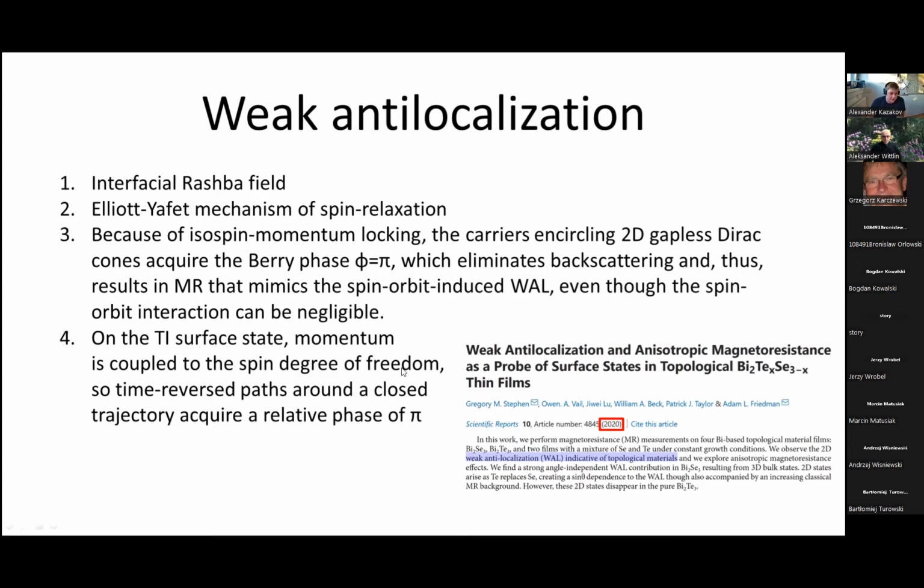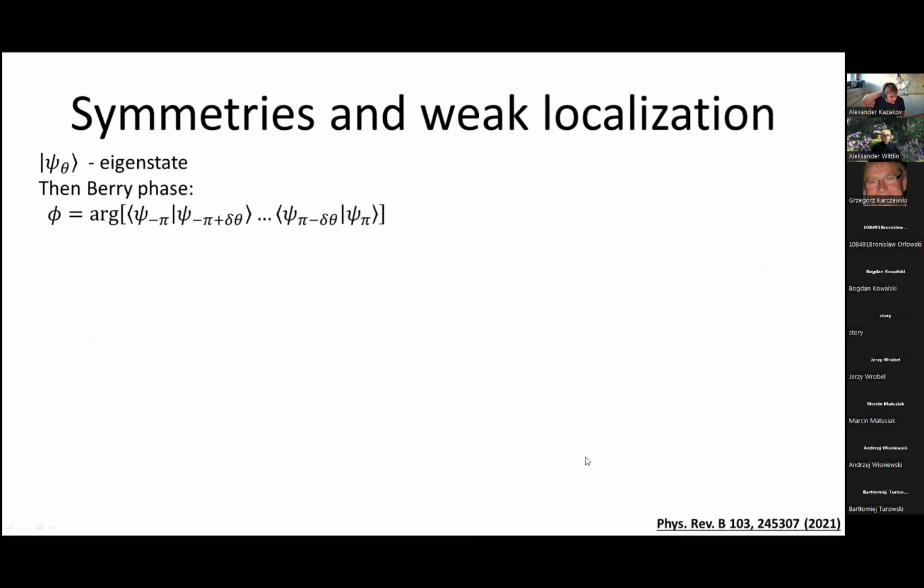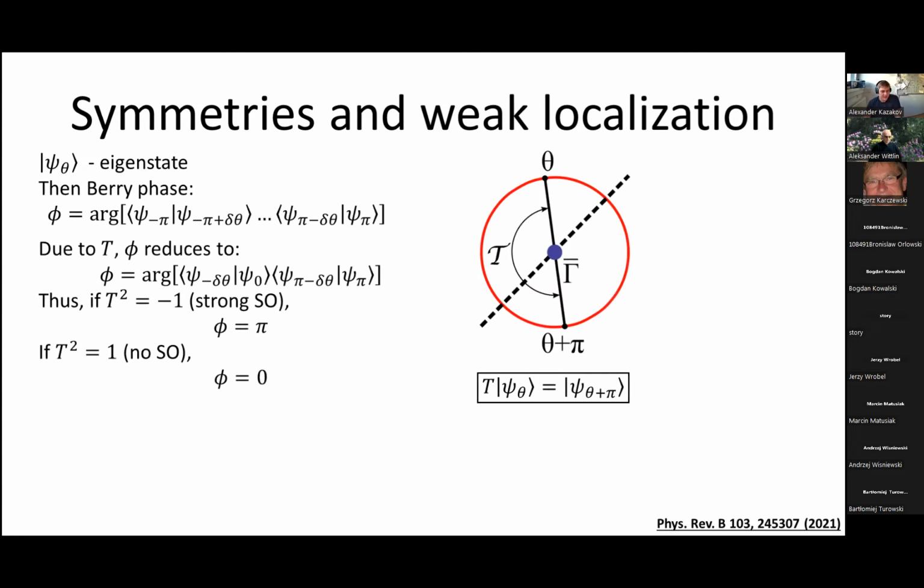Such an effect was used quite often as a poor man's test for Diracness of the material. So one can find such boasts that weak antilocalization can be an indicator of topological materials. Within our work, we considered how these different symmetries affect weak localization effects through calculating the Berry phase and how it is changing due to constraints